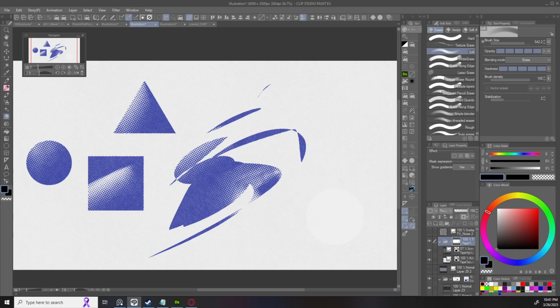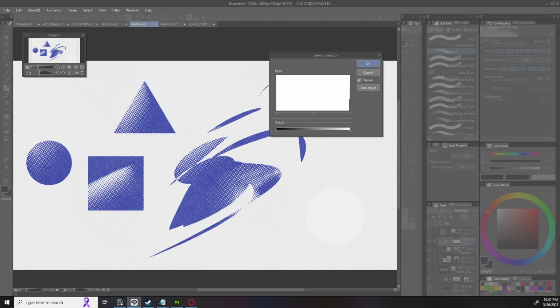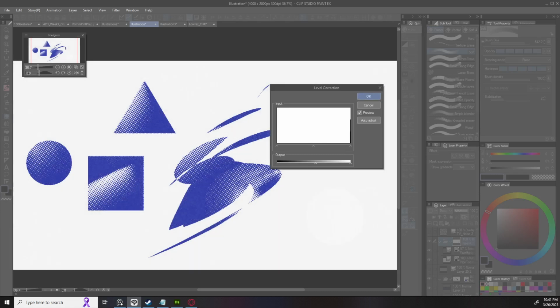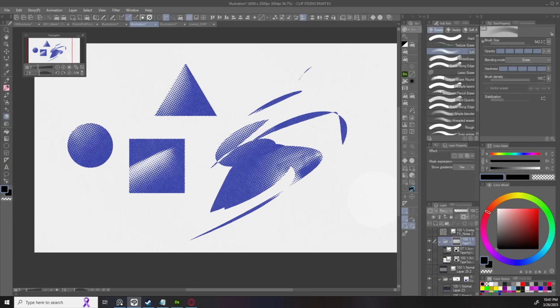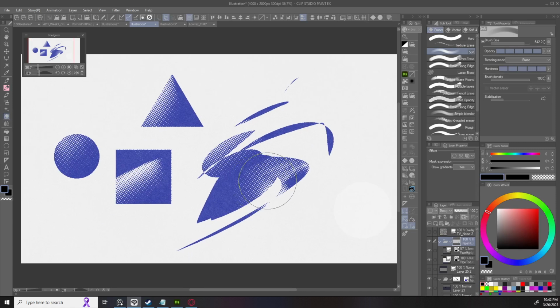You have to hit Control level, and by raising this, I'm actually controlling the opacity. Right, you see it's slightly grayed, and this actually gives me the versatility to